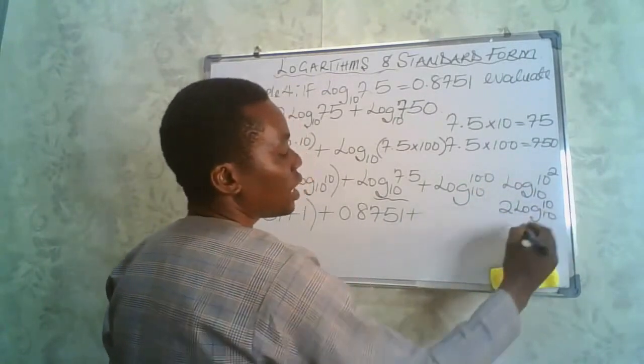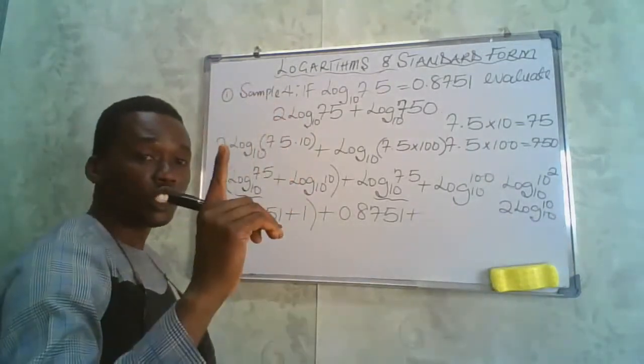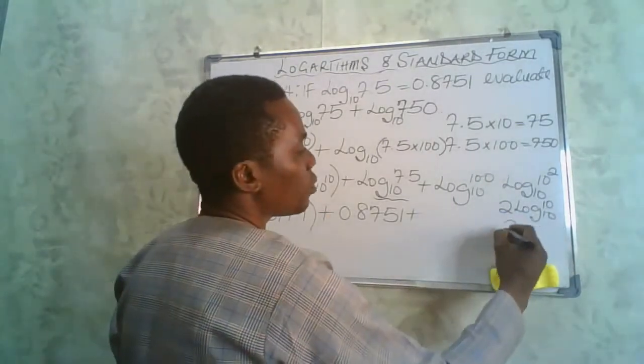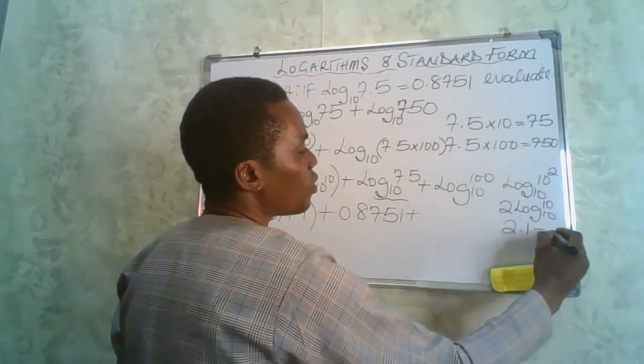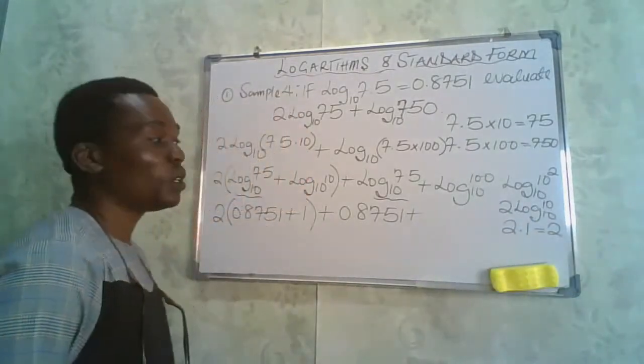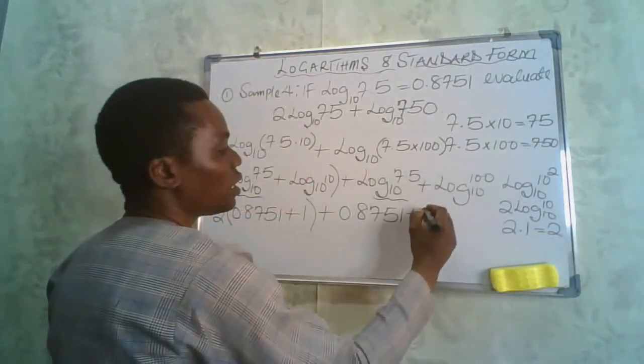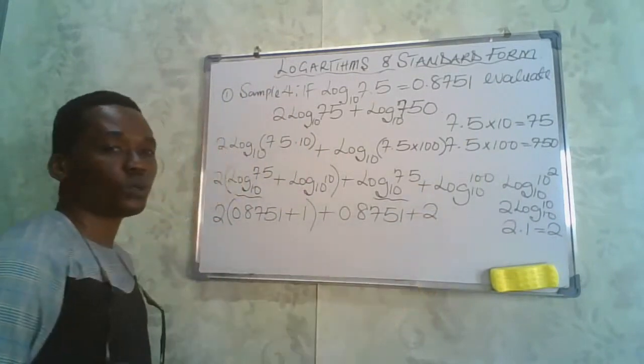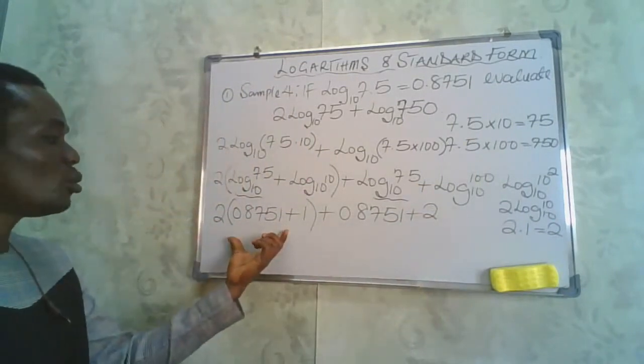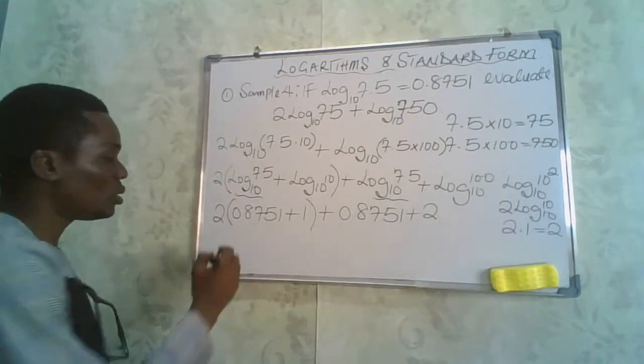To base 10. And log of 10 to base 10 is just 1. So we'll have this to be what? 2 multiplied by 1, which is equal to 2. So what we'll have here simply is just 2. So if we go ahead to do this, we're going to add this to this, and this